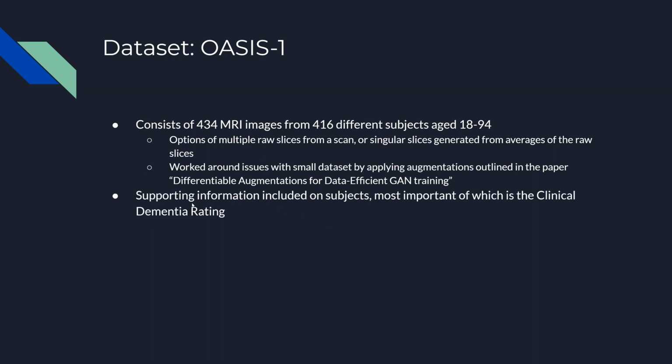So back to the data set, there's a lot of supporting information on subjects like age, race, gender, handedness, but the only one of them I really found useful is the clinical dementia rating. That's determined by the